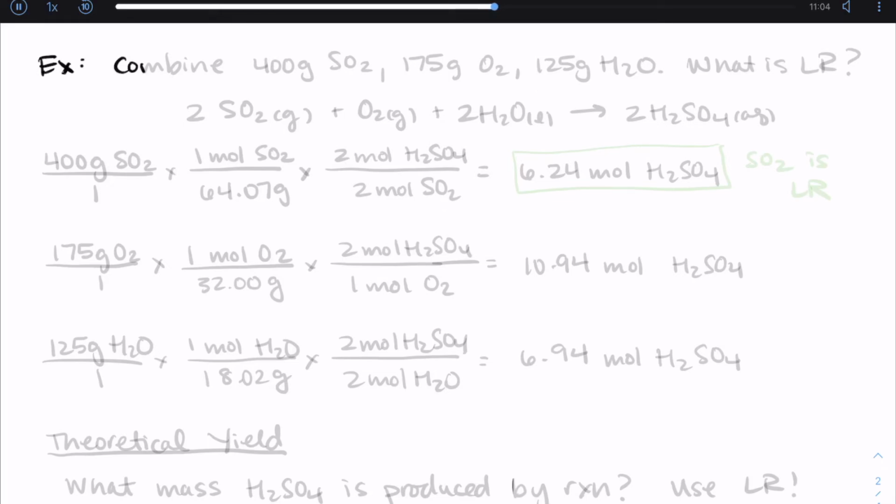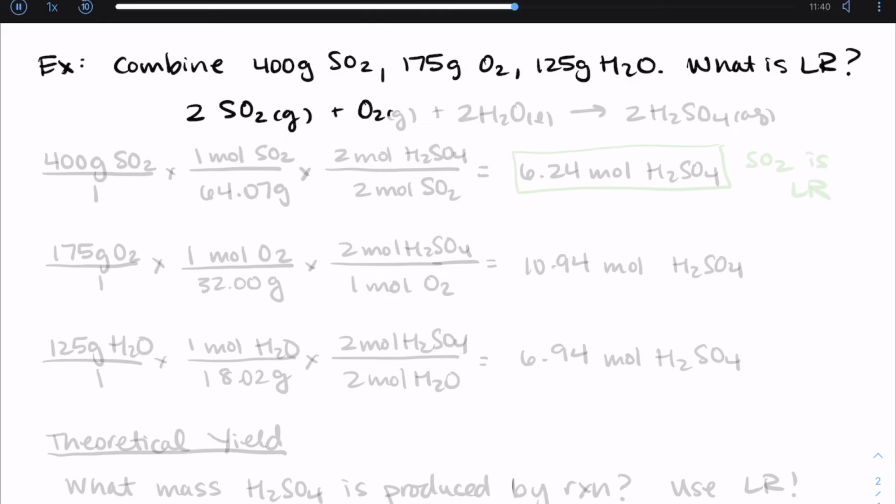And because this is a reaction that I would not expect you to know or how to put together, I am also going to give you the balanced reaction, which is 2 SO2 gas plus O2 plus 2 H2O makes 2 H2SO4. So the process that I'm going to use is exactly what I used when I was calculating how many s'mores I could make and figuring out my limiting reactant there. I'll take 400 grams of SO2, 175 grams of oxygen, and 125 grams of water and figure out how much